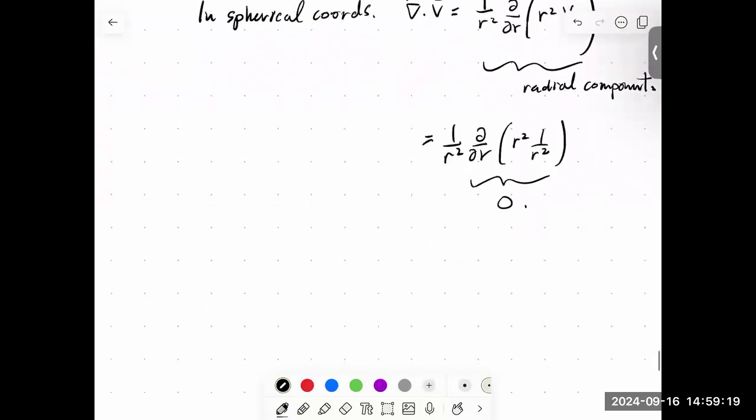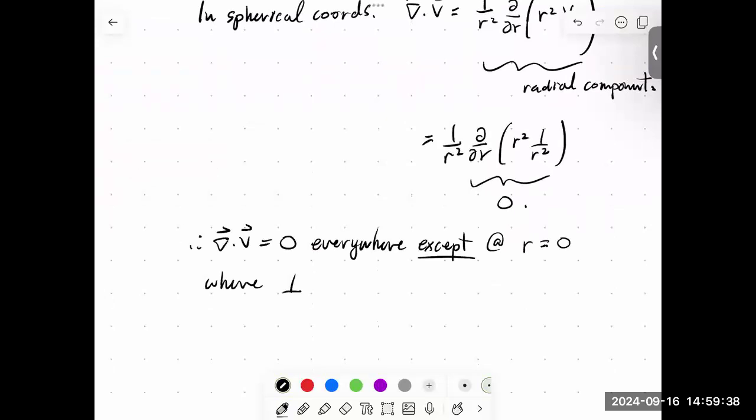So therefore, the divergence of V is equal to 0 everywhere except at r equals 0, where clearly 1 over r squared diverges. Okay,